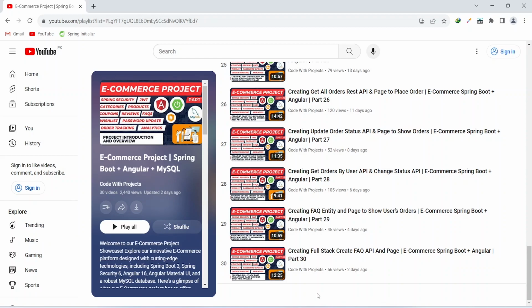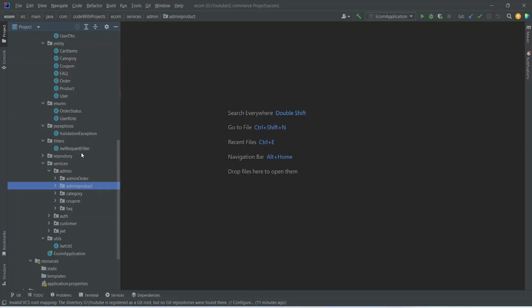In the previous video, we created the full stack post FAQ API and page. And in today's video, we will create two APIs which we need to update the product. The first API we need is get product by ID and the second one is update product. So let's get started. Because only admin can update the product details, so we will create these APIs in the